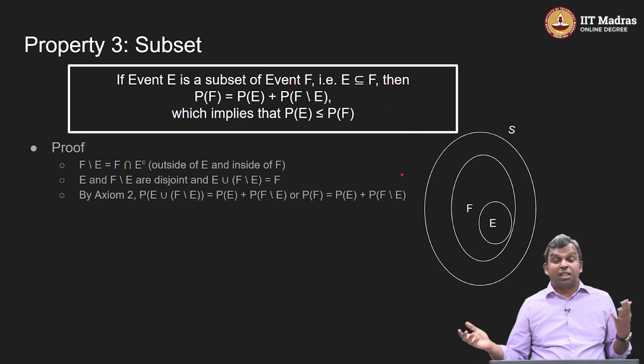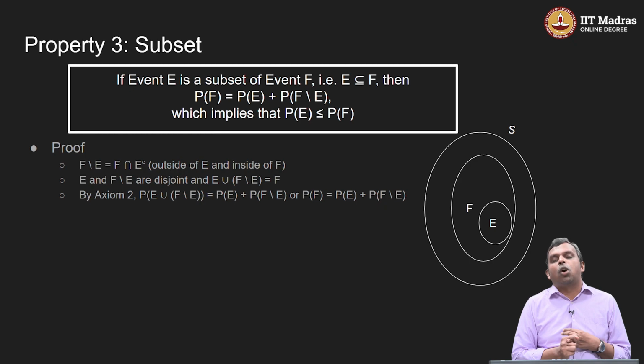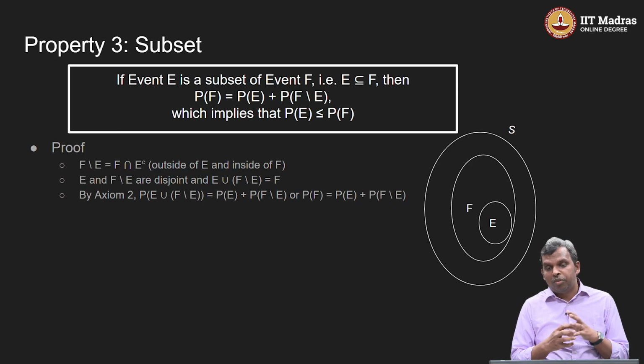Okay, once again, let me summarize. There are three properties that we have seen so far. The empty set has to be assigned a probability of 0 by the probability function. That's the first property. Second property was the complement property. The probability of E complement is 1 minus probability of E, very intuitive once again. Third property we are seeing is the subset property. If you have two events, one is contained inside the other, as in if one event happens, the other event is definitely supposed to happen, right. E is inside F,